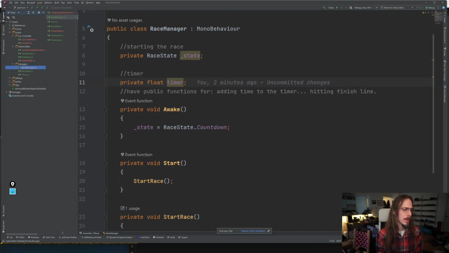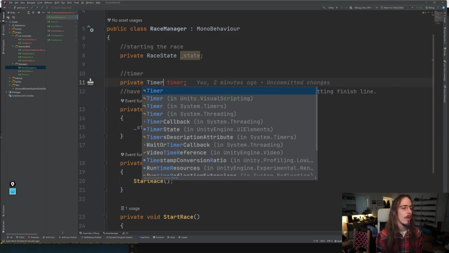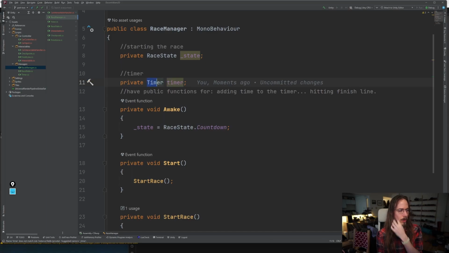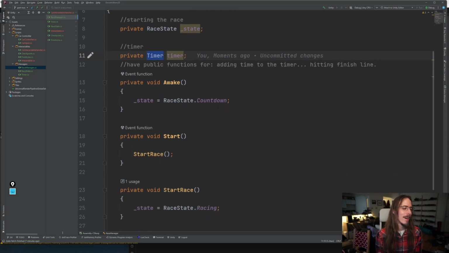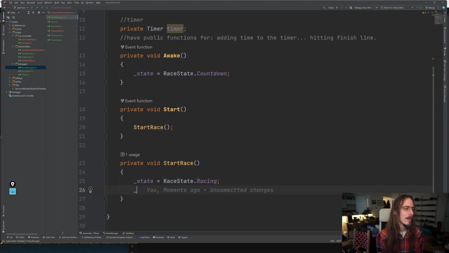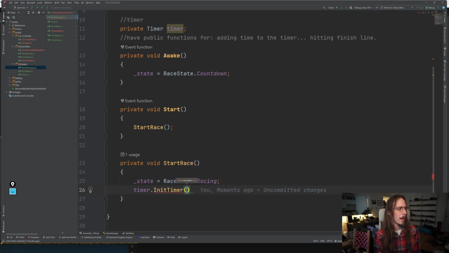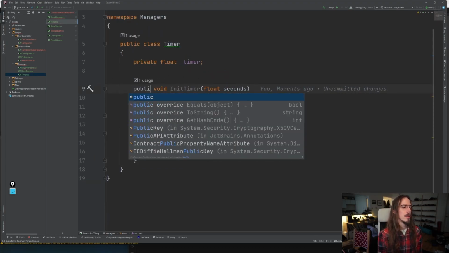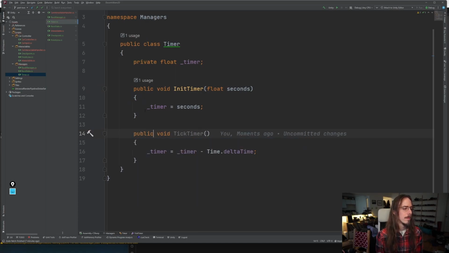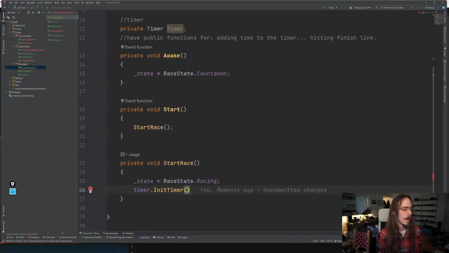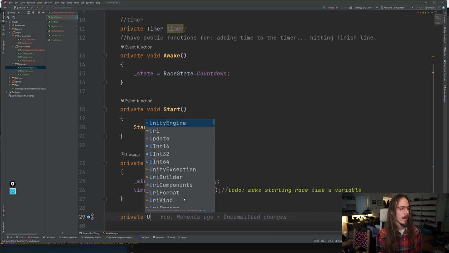But let's come back to this script and say, instead of setting up the timer to be a float, we'll make it a variable of type timer. And then when the race starts, we will initiate the timer. Is that function not public? It is not. It should be. Public. Great. And we'll initiate, and we'll put 30 seconds on the clock, to do: make starting race time variable. Okay. And then in update,